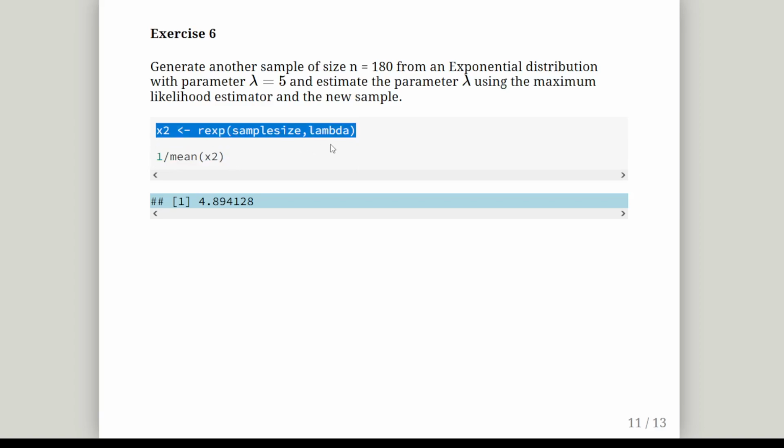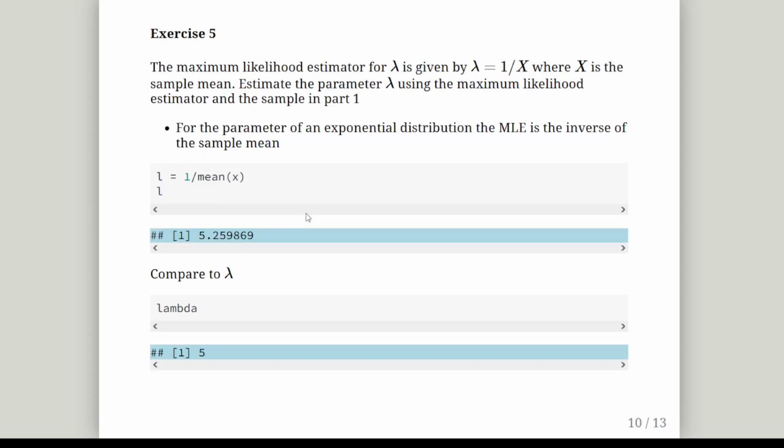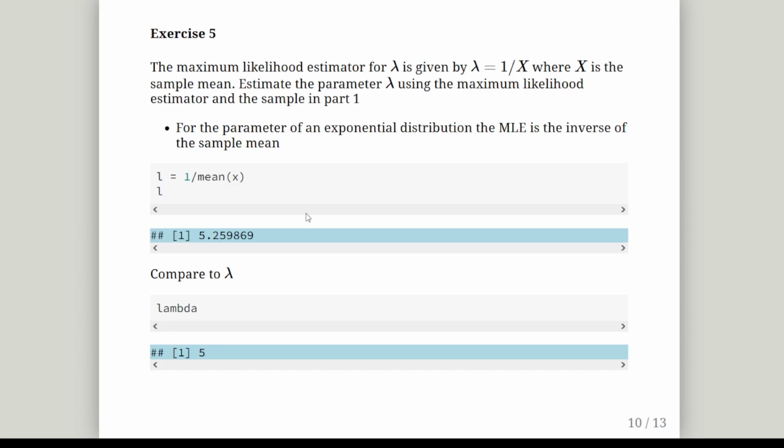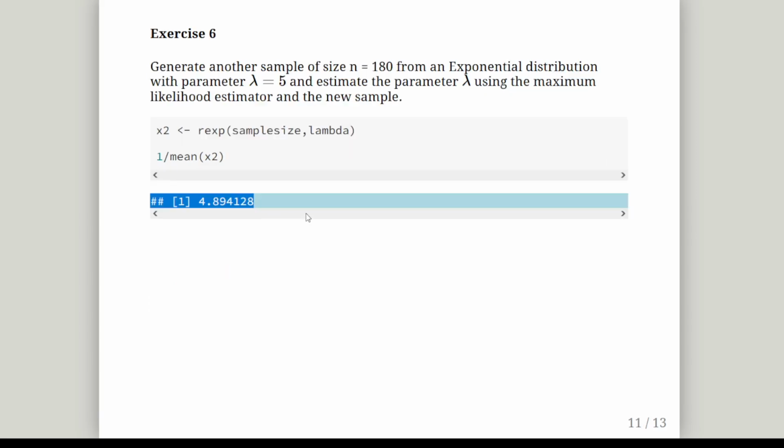So x2 is just the second sample we generate. It should be very close in terms of mean and median to the first sample, and here the MLE is 4.89, and again that's close enough to 5. The differences between the MLEs and the theoretical rate parameter are simply down to